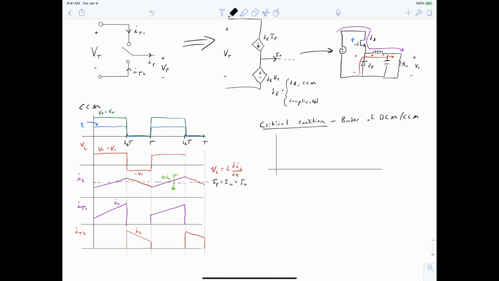And the critical condition corresponds to the point that our inductor current touches zero at the end of every switching period. So in other words, if we were to sketch our inductor current,